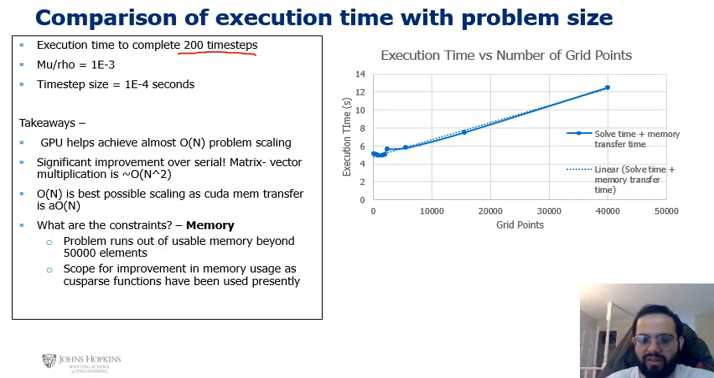So if I plot the execution time with respect to the grid points, it is almost a linear scale up. So that is really good. That shows that this parallelization has worked and it is giving good results. And why is it giving good results? Because the solution typically